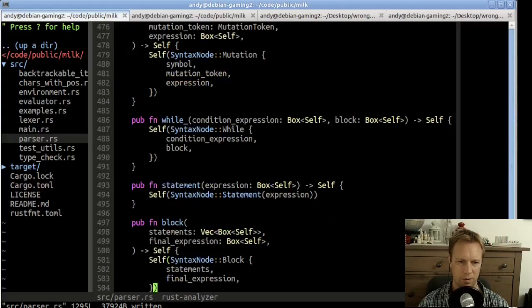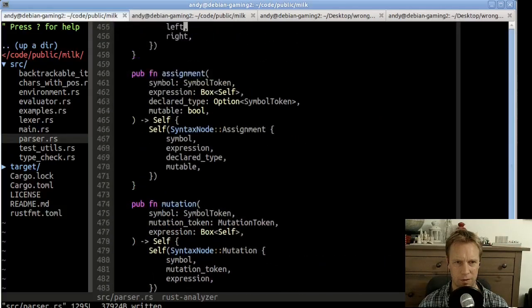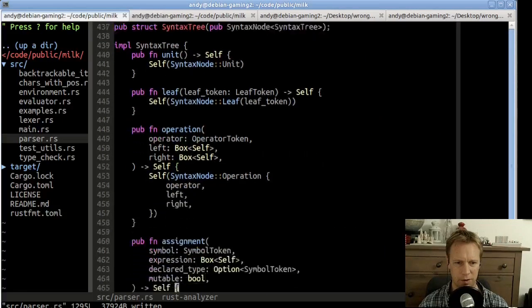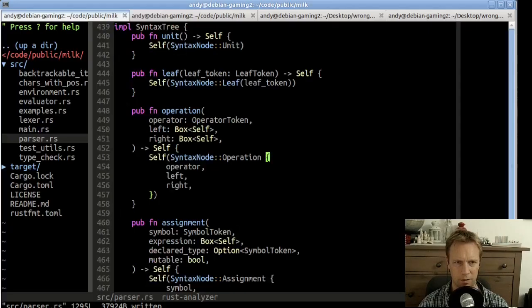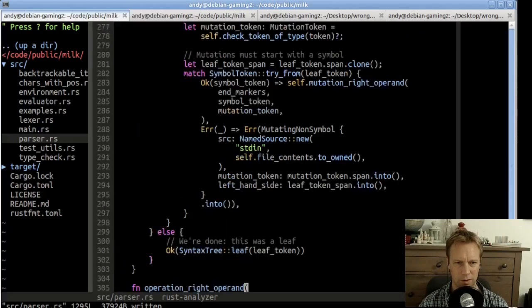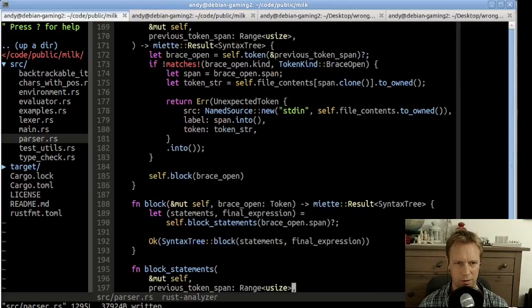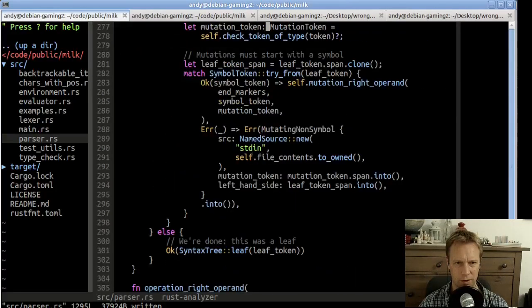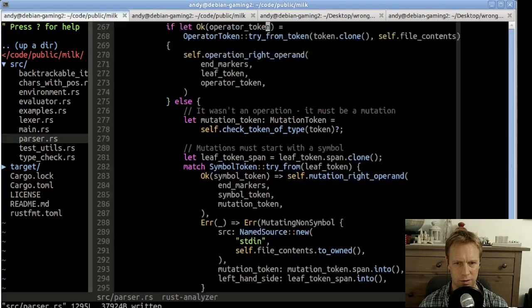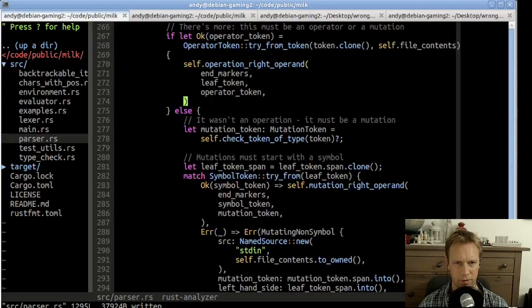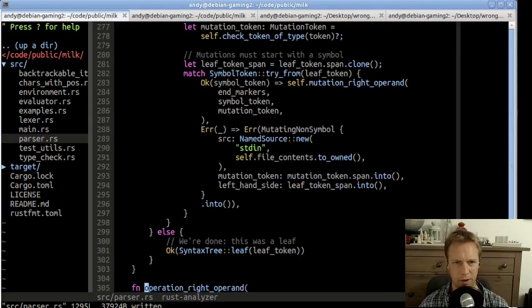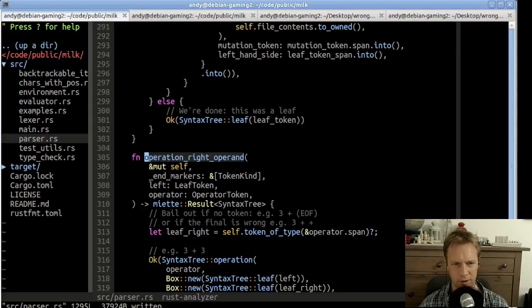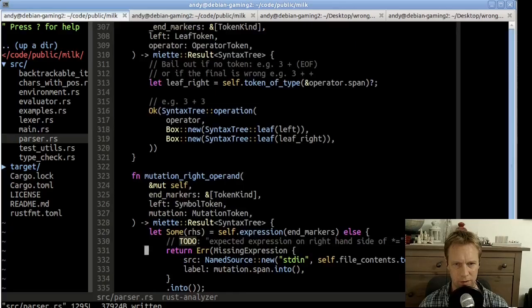I guess we're doing test-driven development and the one step at a time. But yeah, where's operations? Operation. Okay, so here's operation. And that's creating an operation. Let's try again. Parsing an operation. We've got a leaf or operation or mutation. And if it was an operation, we ask for the right operand. And the right operand is expecting